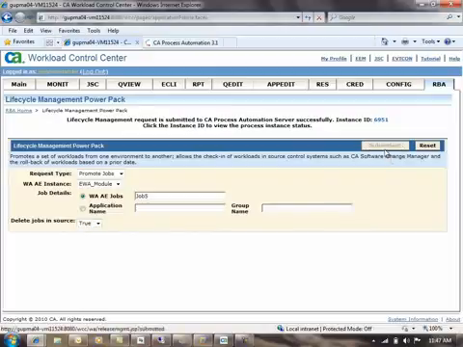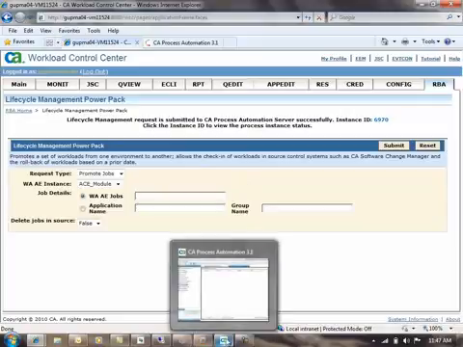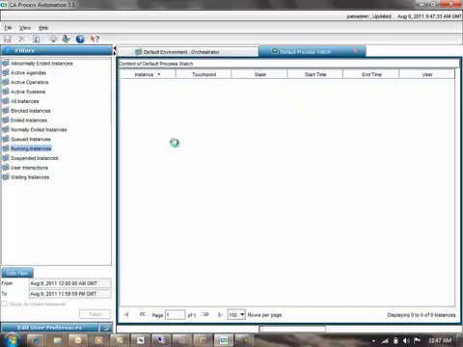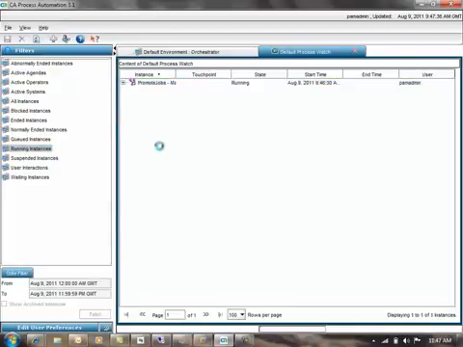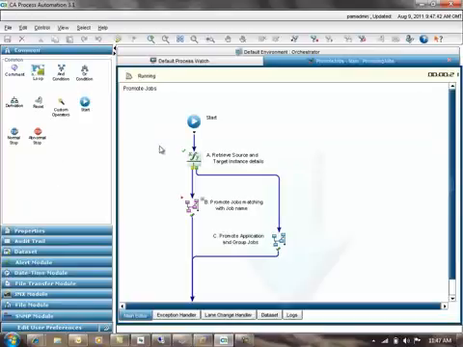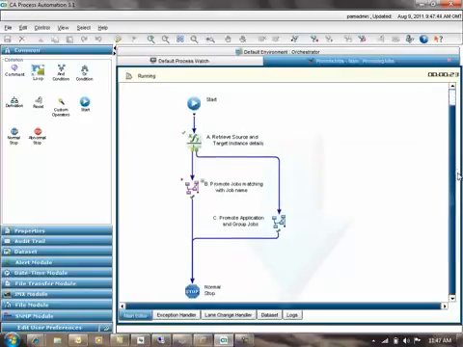I hit submit, and again the Power Pack has submitted this request to CA Process Automation. Now let's have a look at the actual process while it's running. Here we have the job. See, it's running. Let's open it up, and we can see all the steps that are being orchestrated in the background. So we started it, we've collected some data, and we're actually running a sub process. We can drill down into that,